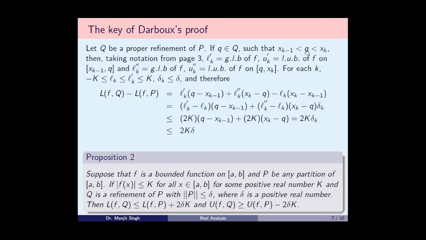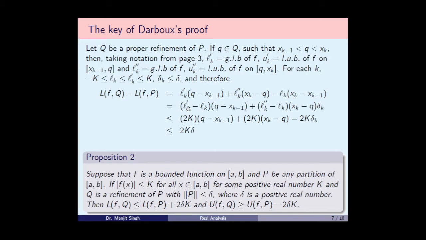And this is the length delta_k of [x_{k-1}, x_k], and the value of the greatest lower bound in this interval is l_k. Now we add q and subtract q, and taking q minus x_{k-1} common here, we find that this quantity is lesser than